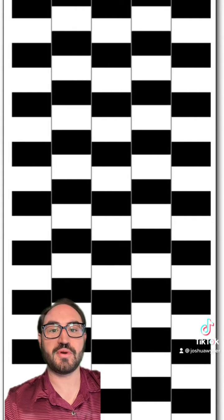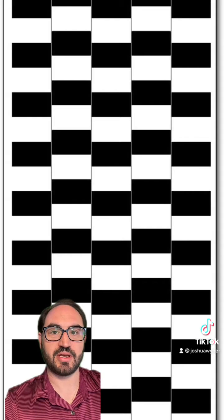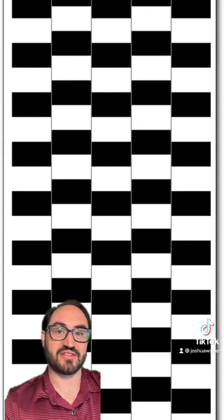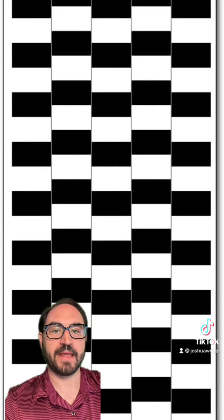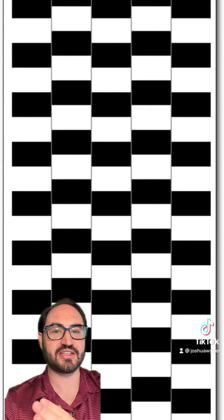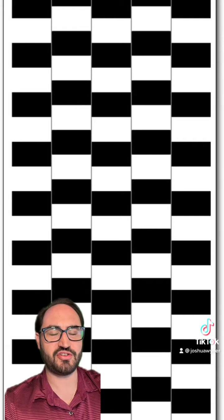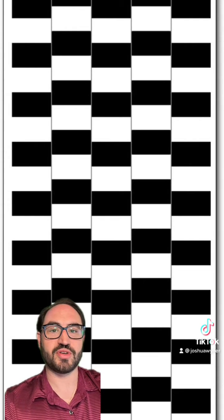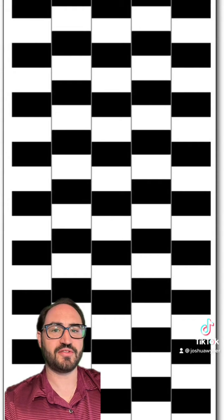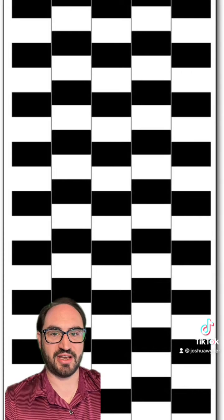Well, it has to do with where in the visual system we process information. The first part of the visual cortex, V1, near the back of the brain, has detectors for different orientations that it looks at by extrapolating from the contrast of local regions in the visual field. So the reason these lines look curved is because those black and white rectangles are offset in a way